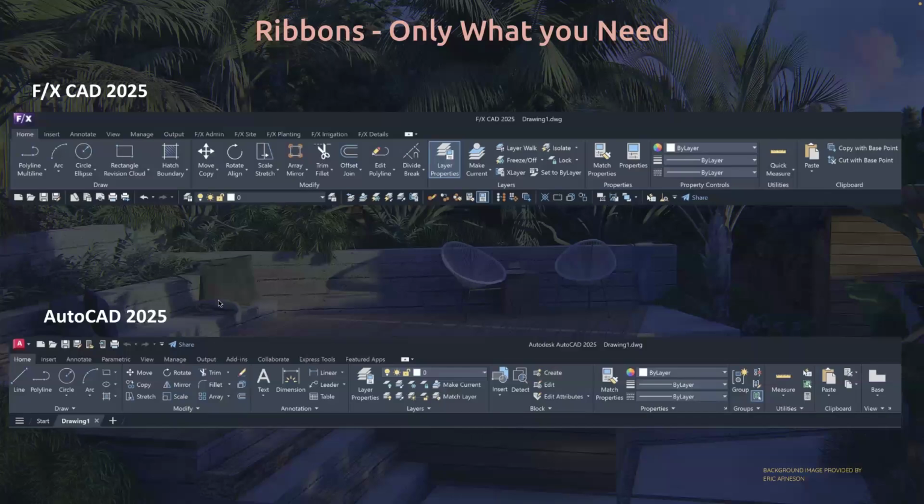But a big difference you'll see when you open up FX CAD, if you're used to AutoCAD or AutoCAD LT, is the interface. We heavily customize the ribbons to a layout that we found to be easier for new CAD users to learn. And speaking of easier to learn,